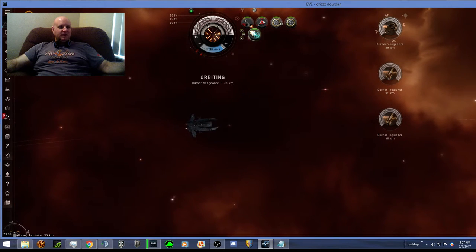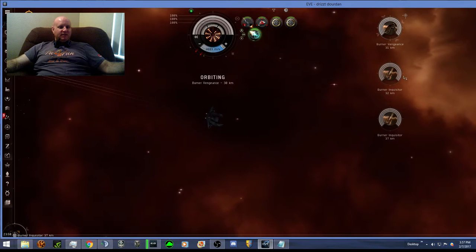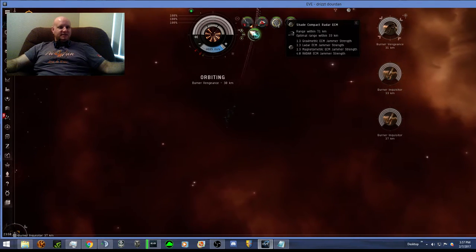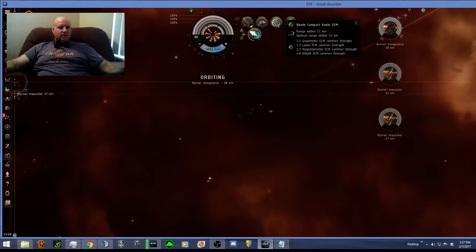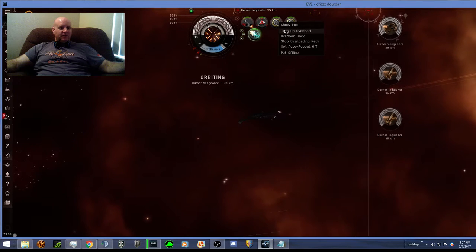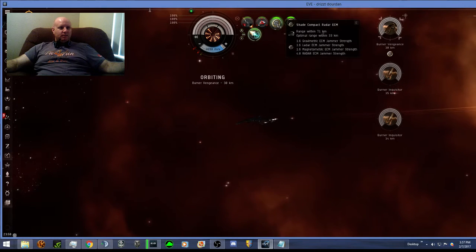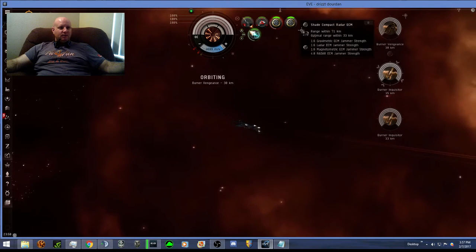I'm going to jam them out. These are Amarr class ships, so I need to fit with a jamming system that's specific to Amarr, which is Shade Compact Radar, the ones used against Amarr. I have two of them there. And what I'm going to do is overheat them, turn on overheat, activate one. Oh, nope, not him. Sorry. Activate one on him,